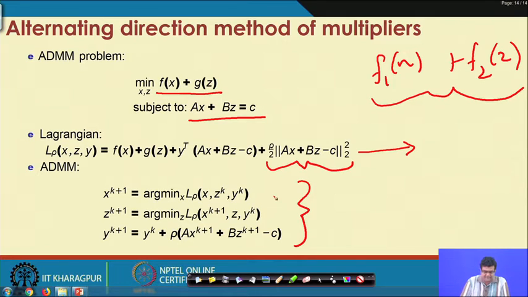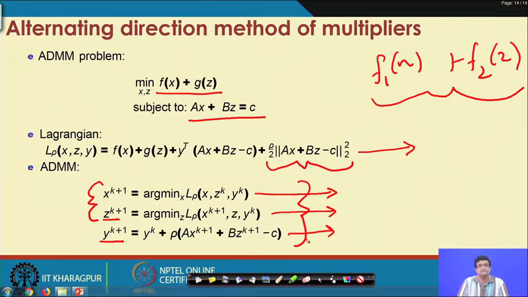In the first steps the problems actually decompose. First you minimize with respect to x, keeping the z and y from the previous iterate, then you minimize with respect to z, and then finally you minimize with respect to y. You can do the first in one machine, the second in a different machine, and the third in a centralized machine. That is our strategy for distributed optimization.